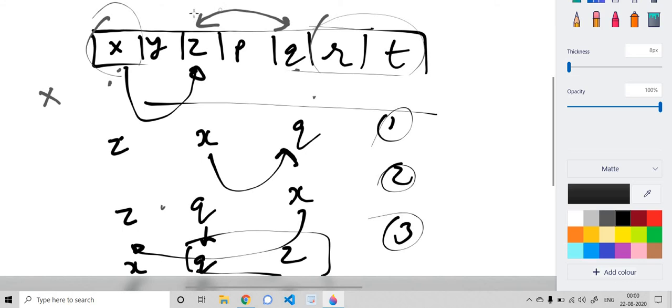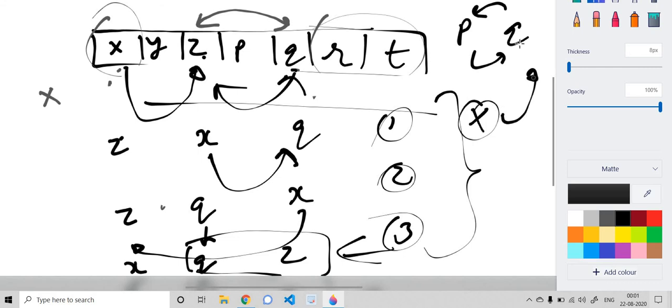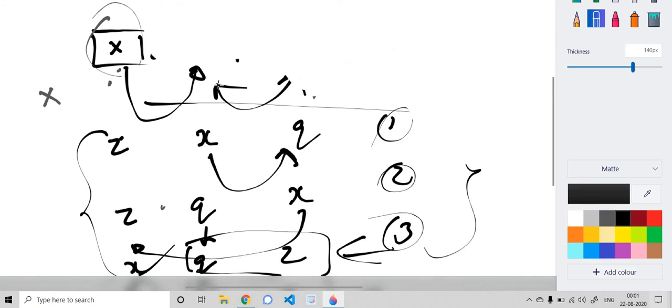Let's say initially we assumed that the correct position of z and q should be the position of the other element. So we have achieved this in 3 steps. So for all those unmatched cases, suppose we have P and Q, P is in the place of Q and Q is in the place of P, or there can be other cases as well. We can use the minimum element and do the swapping using the minimum element like we have done here. At the end we would be able to swap all of those unmatched elements into their correct position.